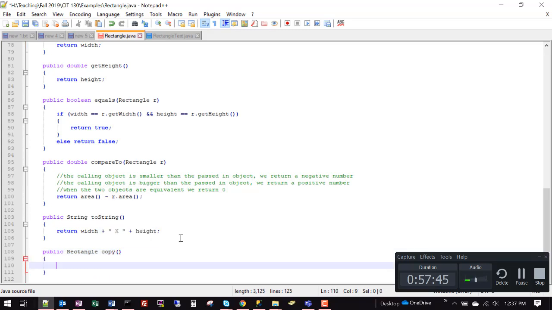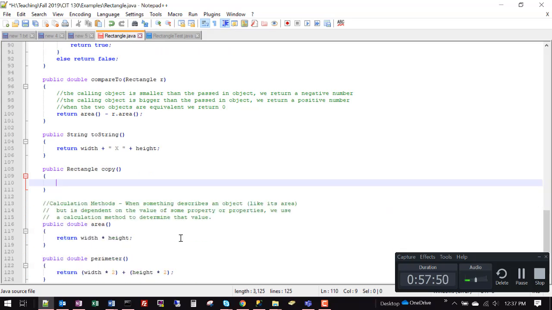And we don't have to pass anything to it because it will be copying itself. So if we do r1.copy, that will create a new rectangle that we'll have to put into a reference variable. Essentially what we would typically do is call a constructor to make a new one,